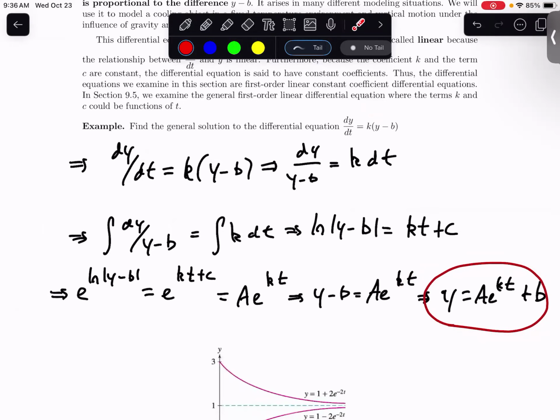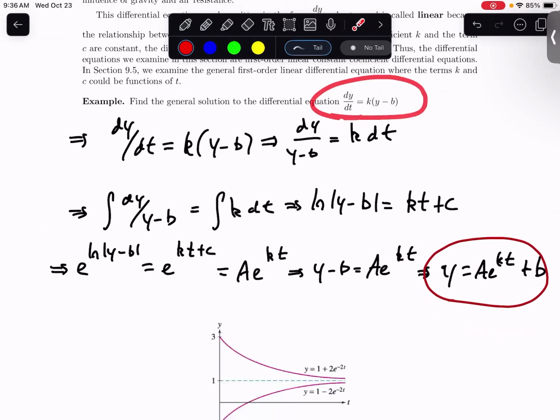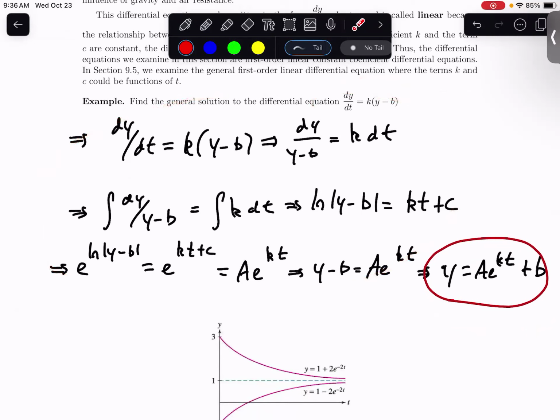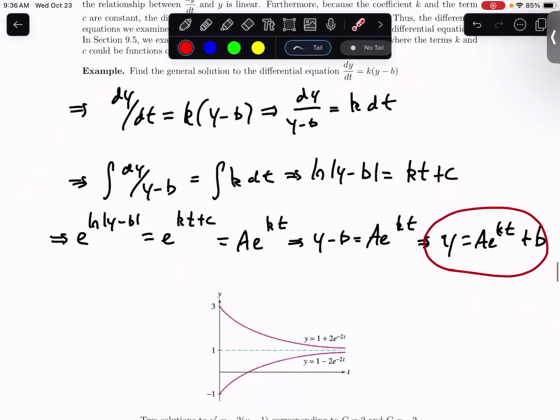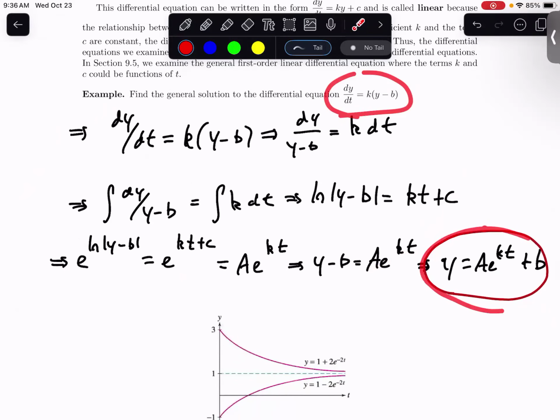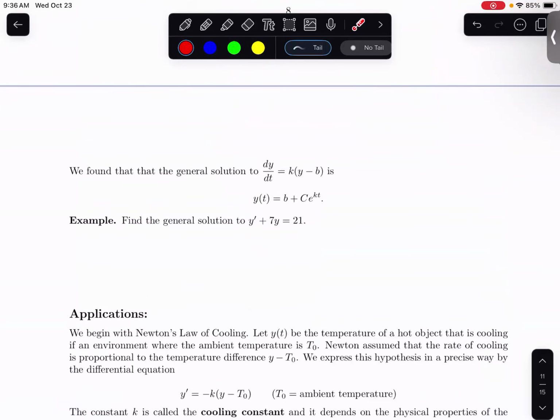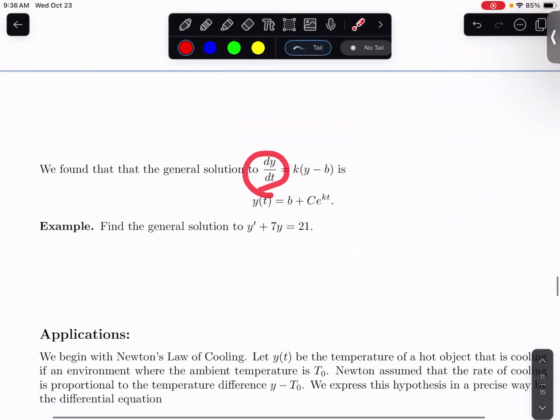Okay, and so now that we know what the general solution is, you don't really have to derive this again. I mean, on the exam, I could ask you to derive this equation. I feel like that would be pretty fair game. But if you have an equation of the following form, you just use this equation now and fill in. So what we just showed is that the general solution of dy/dt is equal to k times (y minus b)